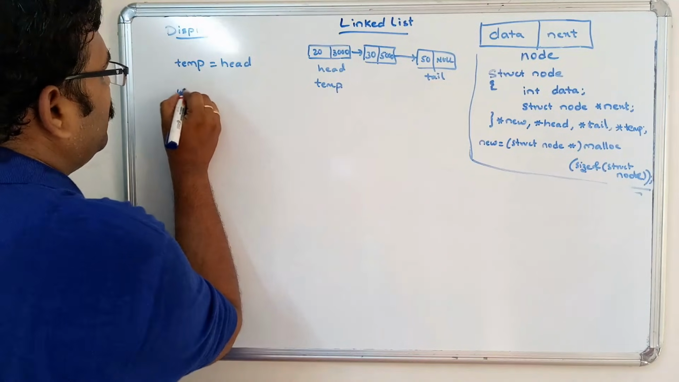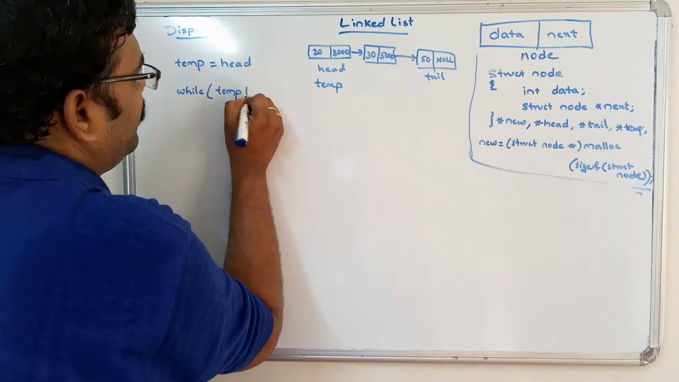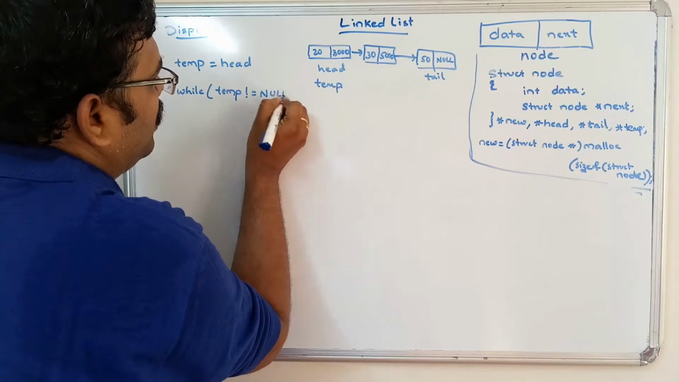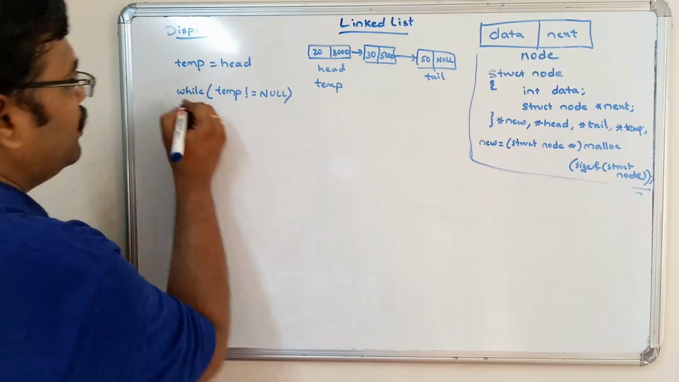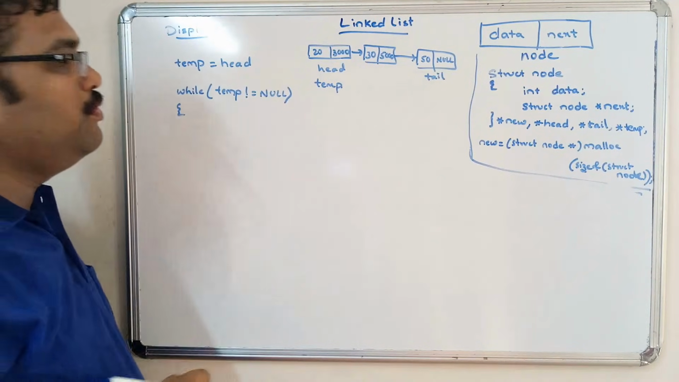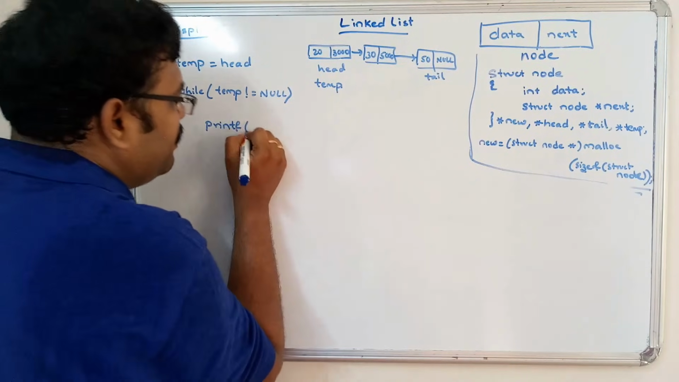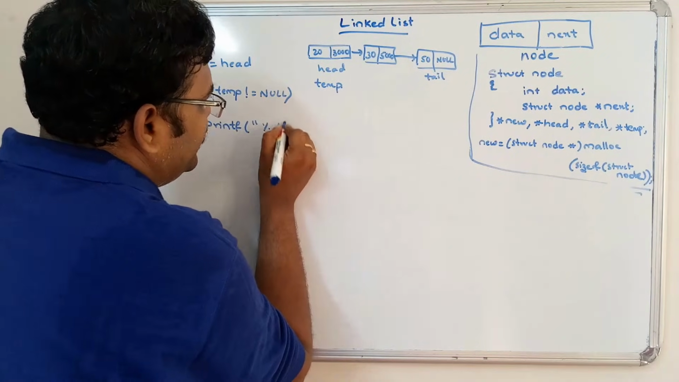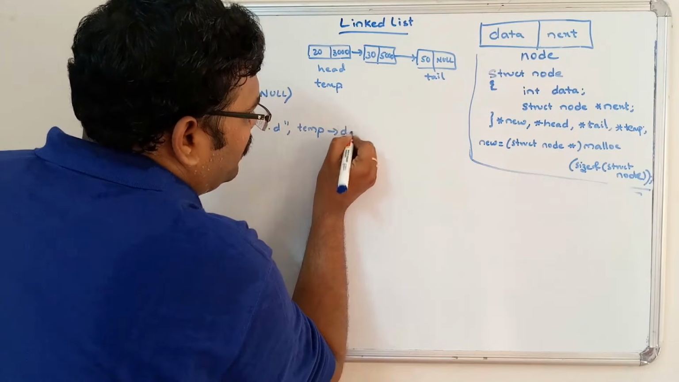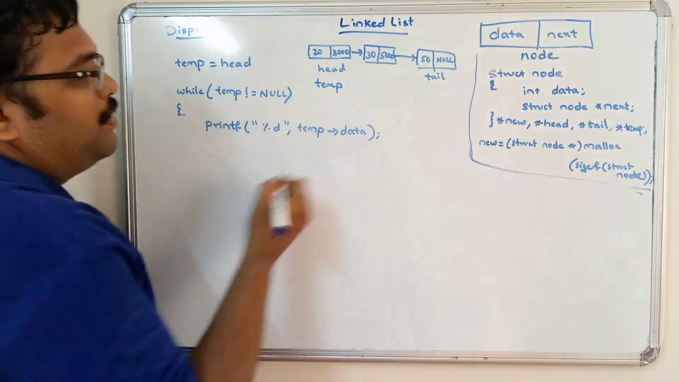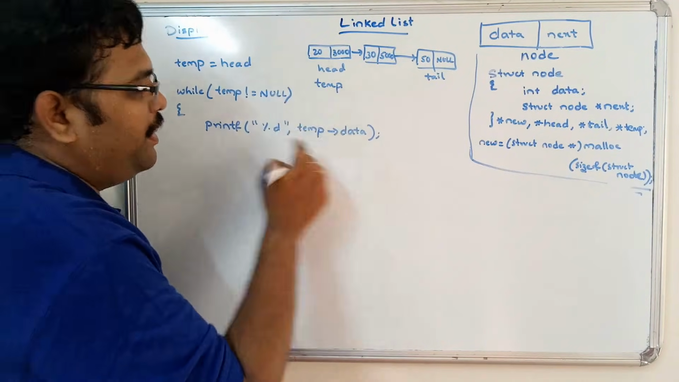Next, write down the loop: while temp not equal to null. What we have to do? We have to print everything. printf %d, temp of data. So initially it will be head, so temp of data 20 will be printed, and next we